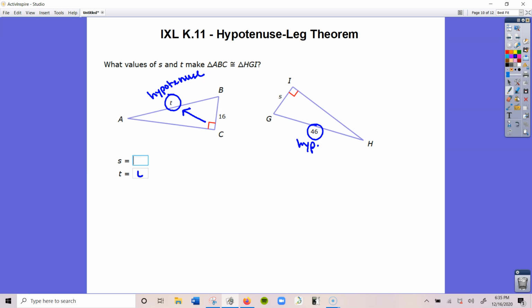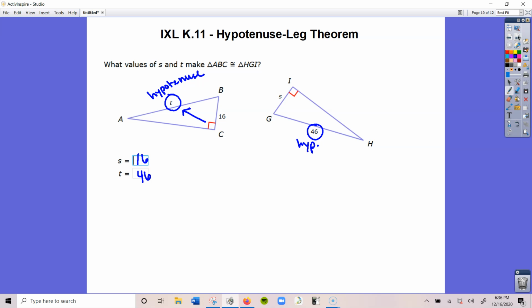So T would equal 46. And then this leg would have to be congruent to this leg. So S would have to equal 16. Those in the beginning are pretty easy, because whatever value is given will be your answer for